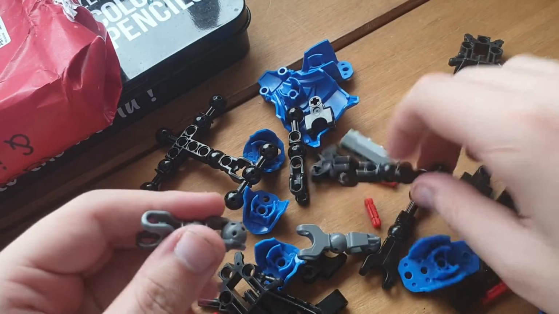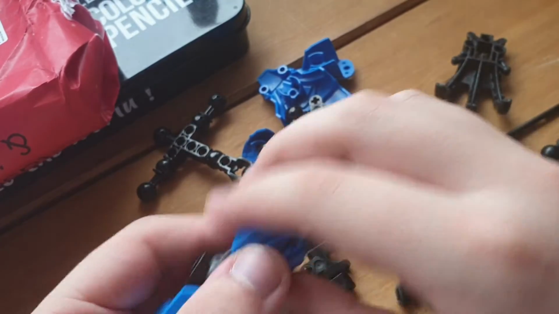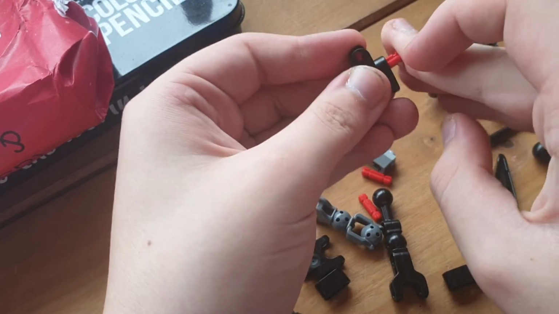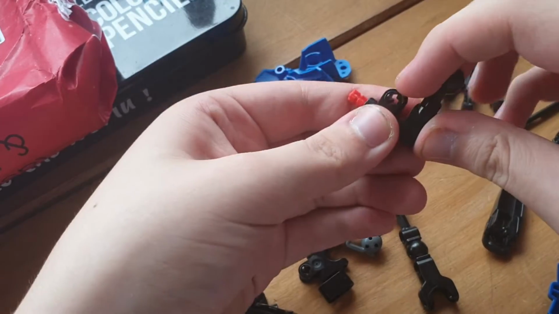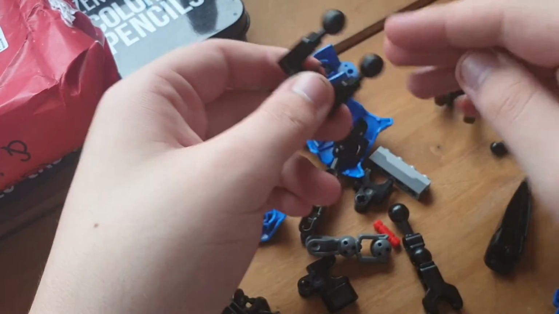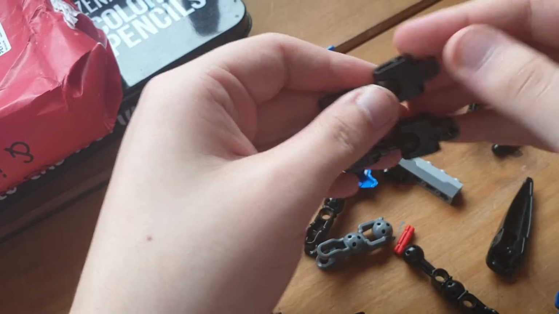And you do that 2 times. Well, once with the silver hand, and once without the silver hand. Then you take this, and then you take 2 of these red studs. Then you take 2 of these, which are used for a multitude of different sets. Like you will mostly see this piece on the Protector of Fire from Bionicle 2015, which I will also do a build for. Then you take 2 of these,